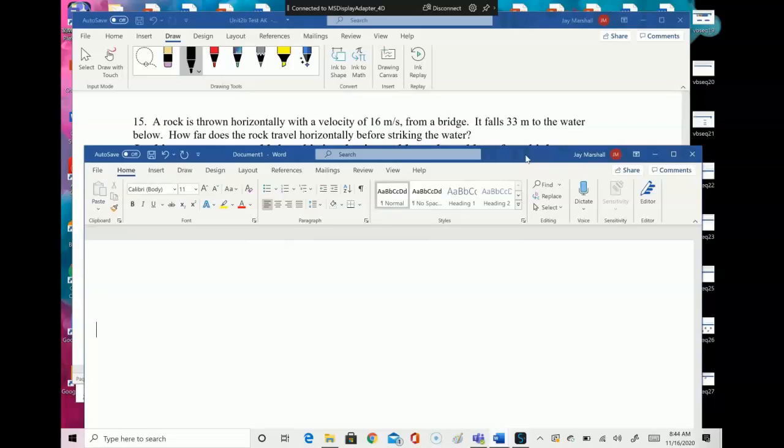How far does it travel horizontally before striking the water? Okay, you're reading through this. You can write out a motion diagram if you want,